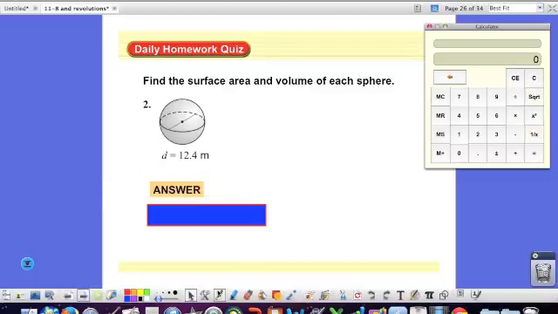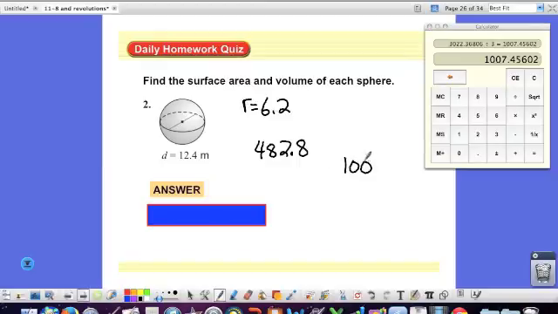Here we have, ooh, look at that. We have a great circle. They've tried to confuse us here. Diameter of 12.4. So my radius is 6.2. Surface area, 6.2 squared times 3.14 times 4 equals 482.8. You could also do 6.2 times 6.2 times 6.2, that's radius cubed, times 3.14 times 4 divided by 3